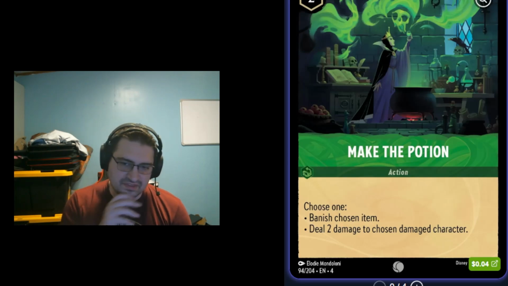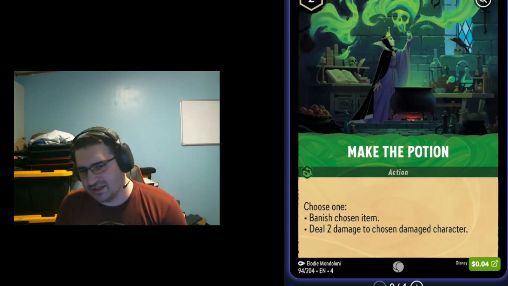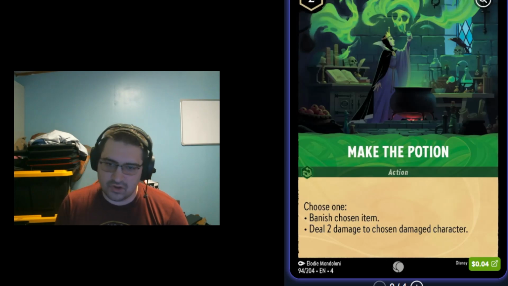Unviable, I think. I think the song is better to banish a chosen item from last set where he has my heart. The 2 damage to damaged characters isn't viable yet. I think that with the new Robin Hood support coming out next set, it'll probably be better. But overall, the fact this is uninkable and needs to choose one, I just think this is an F tier